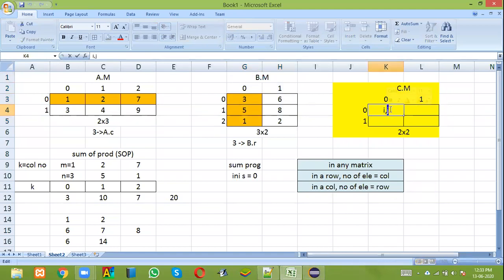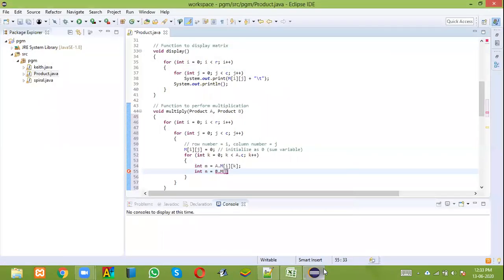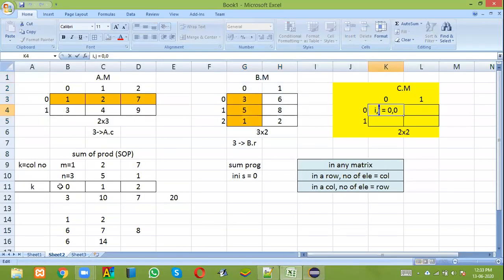See, this j is the column number. J is in this position. It is going to be 0, 0. This j is 0. Let's say we have come to the 0th column. So the column number is always j. Column number is always j. The row number is changing here. See, if k is 0, we are in row 0. If k is 1, we are in row 1.